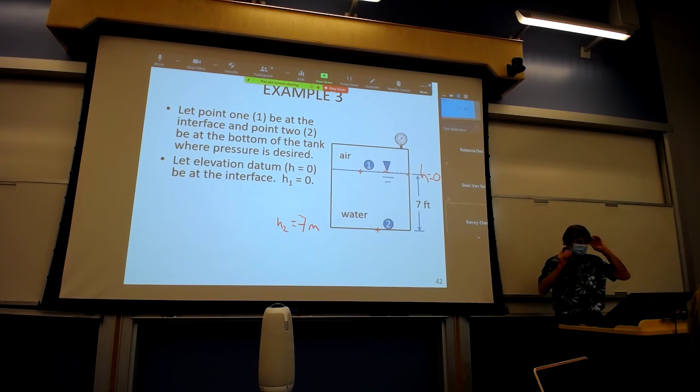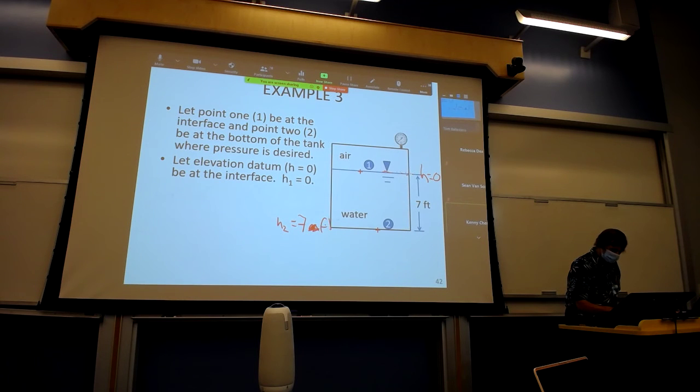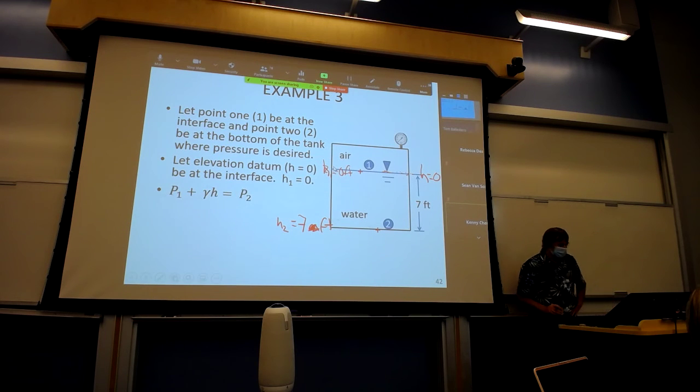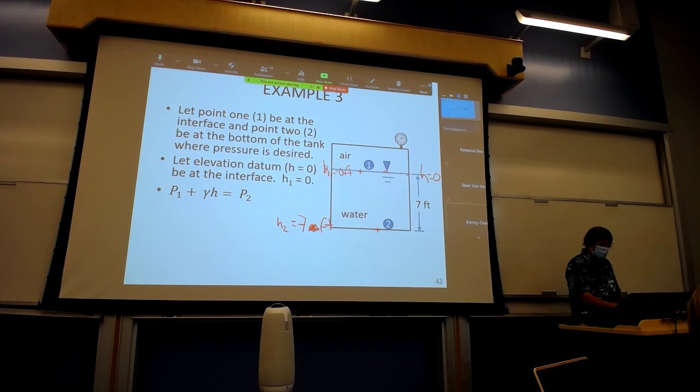We're using feet or meters? Is this in feet? Oops. Feet. Sorry. Thanks. I wasn't looking. And so this P1, Z1, or H1, would be equal to 0 feet. And again, we would have P1 plus gamma H is equal to P2. So we started here. That's where we just arrived. And so this would say that P2